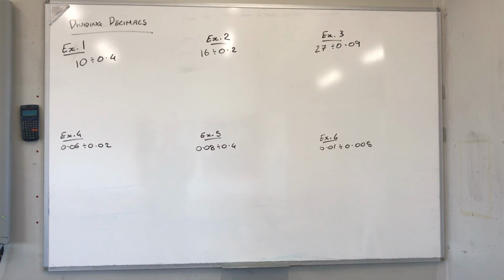Okay. The fraction line is just a division sign. So what I'm going to do is I'm going to do that for every single one of these, and then I'm going to make it easier using our stuff from fractions. Okay. So I can rewrite 10 divided by 0.4 as